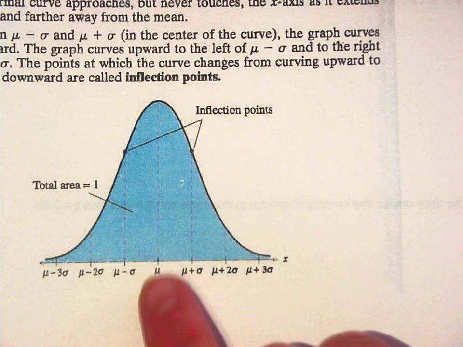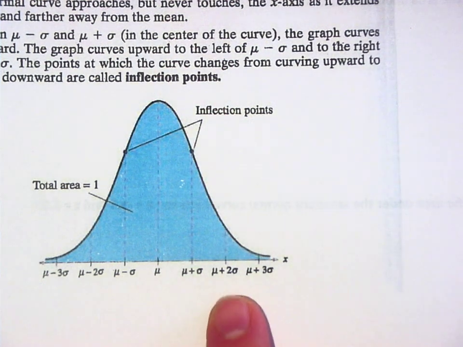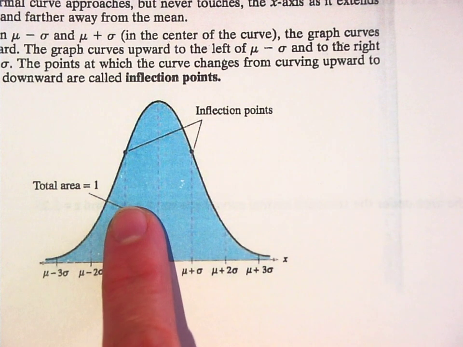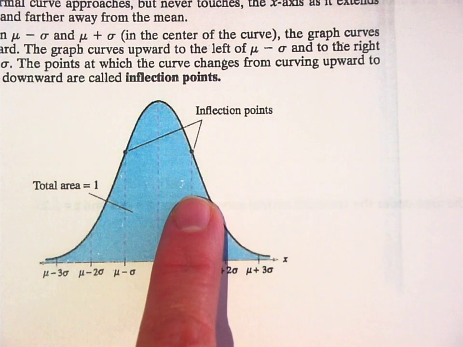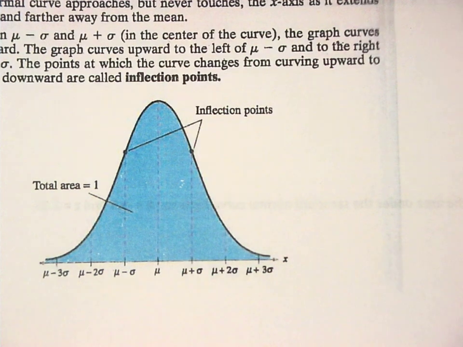Here's the middle, the mean. This one is the mean plus 1 standard deviation, the mean plus 2 standard deviations, the mean plus 3 standard deviations. We went over this with the empirical rule. Remember there was like 34% there, 34% here. This sounded familiar? Okay, but now we're going to talk about if it's a normal distribution, which, by the way,